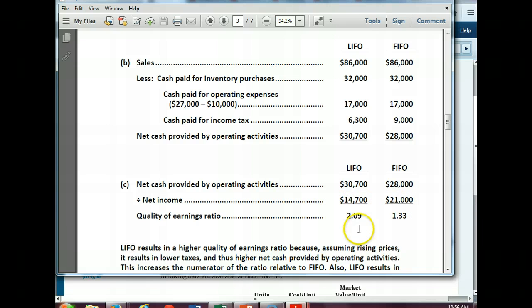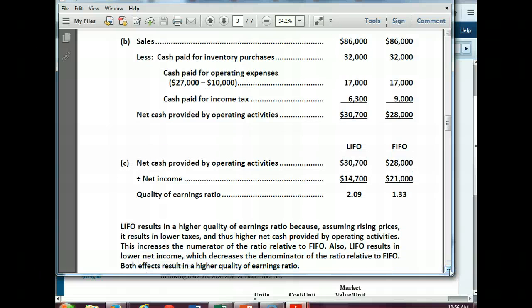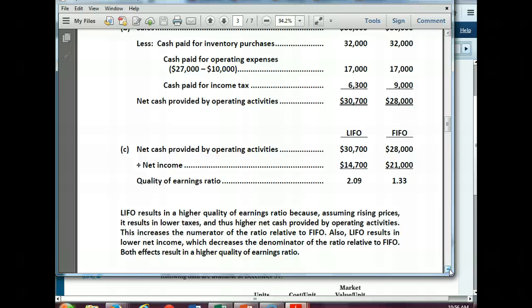So under LIFO, our quality of earnings is at 2.09. Under FIFO, it's at 1.33. LIFO is always going to result in a higher quality of earnings because the operating activities are going to be the same for both. And since you're taking the more expensive goods,